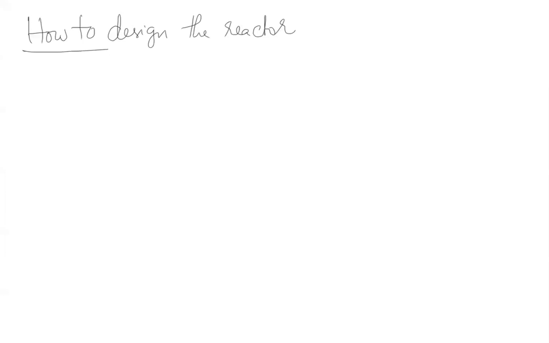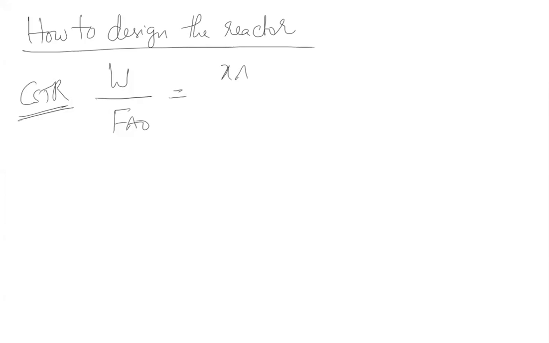How to design the reactor: suppose it is a CSTR. Now the volume of the reactor will not come into the picture. You will have the weight of the catalyst coming into the picture. So if it is a CSTR, W by FA naught is equal to XA by minus RA